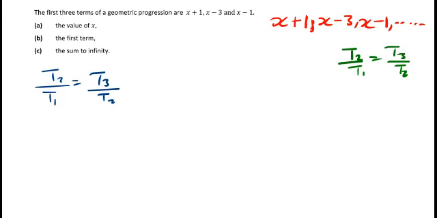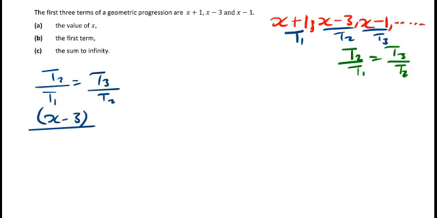Since this is at the first position, it is t1, that is t2, and that is t3. So what you do here, you say t2 is x minus 3 over